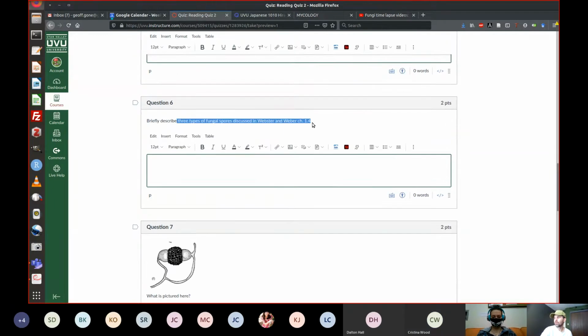3 types of fungal spores. There were more than 3, so everybody give me one. One of them that I did was the sporangiospore that we talked about for zygomycetes. So haploid sporangiospores. All right. An amerospore. A what? An amerospore. Okay. What's an amerospore? A single-celled fungi, I guess. Amero just refers to whole or entire. So